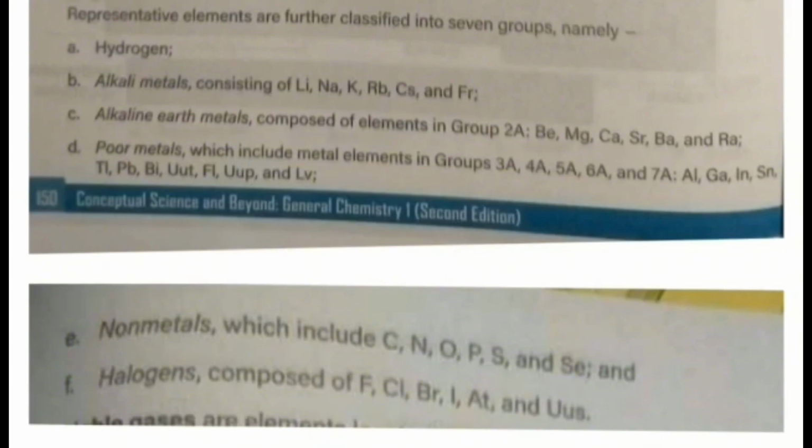F. Halogens, composed of fluorine, chlorine, bromine, iodine, and tennessine. The elements in the periodic table can be classified into three main categories, which are metals, non-metals, and metalloids. Number 1. Metals. The majority of elements in the periodic table are metals. They include alkali metals, group 1, alkaline earth metals, group 2, transition metals, groups 3 to 12, poor metals, also known as post-transition metals,